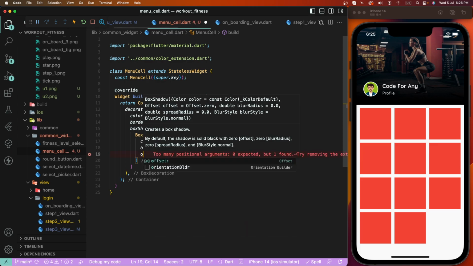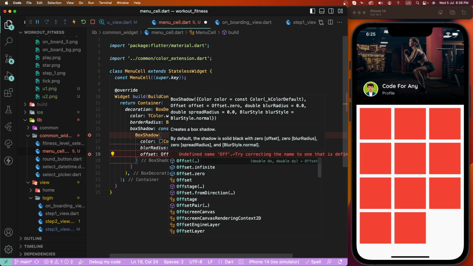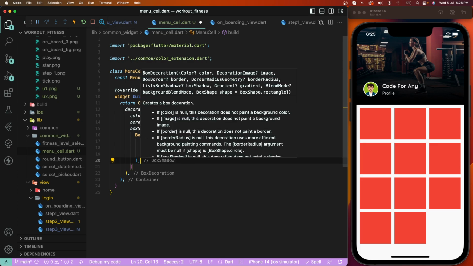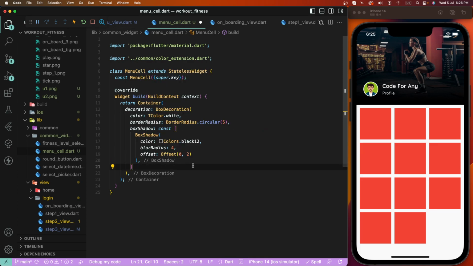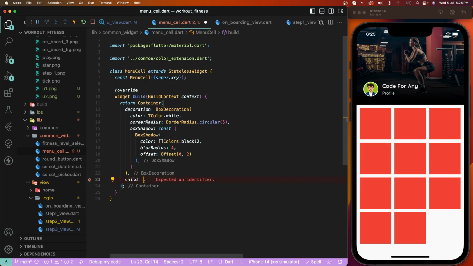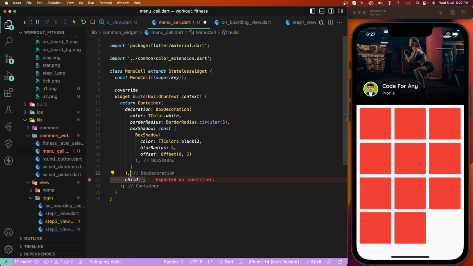Need to use here offset. Write down here the offset constant to set x is equal to 0 and y is equal to 2 here, and this is the one here. Now we need to create this box declarations. Now create here the children, to save this, and first of all we need to create here the